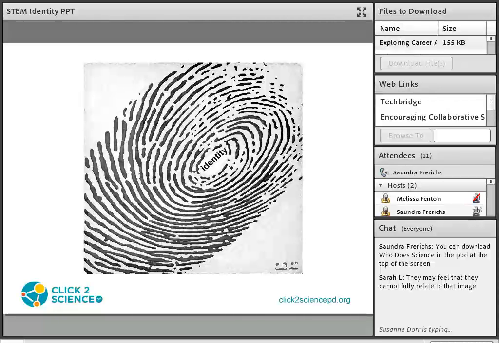and so they don't have the background they need for the sort of career options that they'd like to pursue. So our goal is to engage youth early and then keep them engaged in STEM through middle school and high school, because this opens up opportunities for them in college and technical school and beyond. Depending on what they want to do, it just gives them the option to pursue that area of interest.